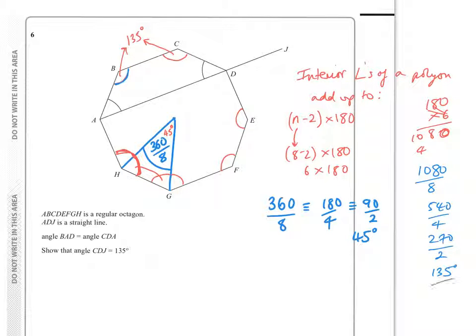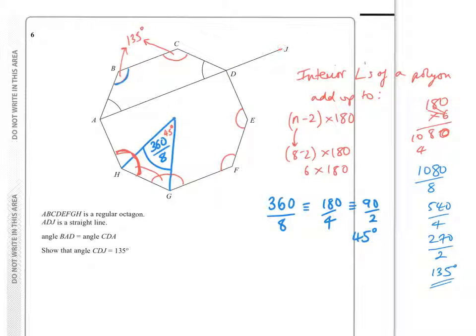So I just wanted to explain that a little bit because some people think, well, I'm just going to use the formula, and some people might just want to use the centre angle and deduce it from the isosceles triangle they've created. So we know that ADJ